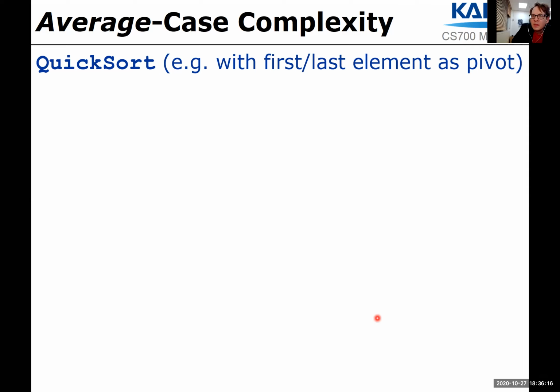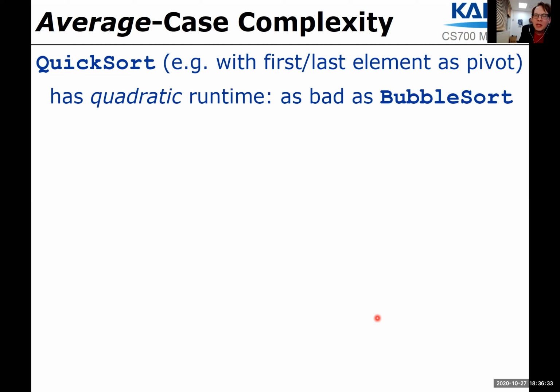But as you may recall from introduction to algorithms, actually this is not so efficient an algorithm in the worst case, at least when using a naive approach to choosing the pivot for splitting the input, namely when just taking the first, or also if we just take the last element as pivot for splitting the input, then